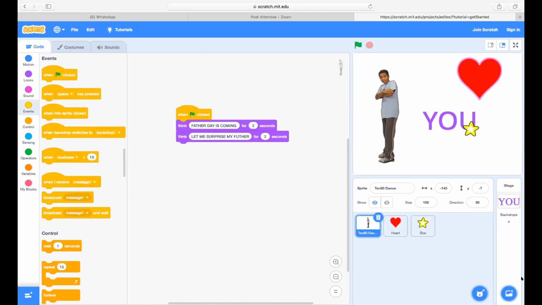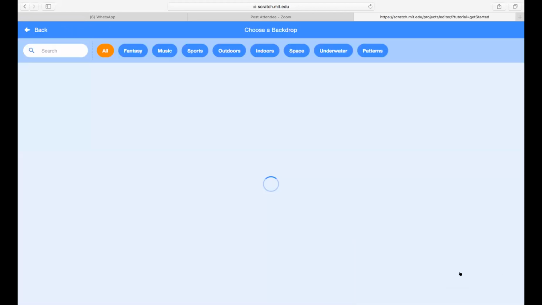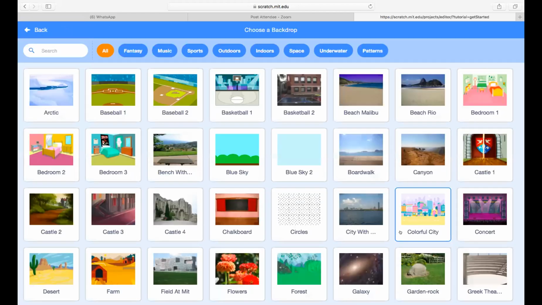So where do you want to place him in the backdrop? Can you select this bedroom? Bedroom is over here.